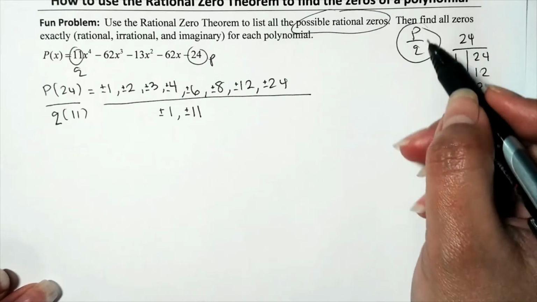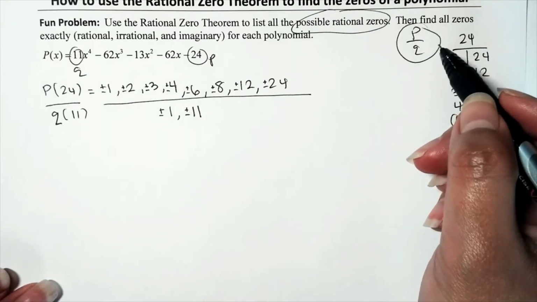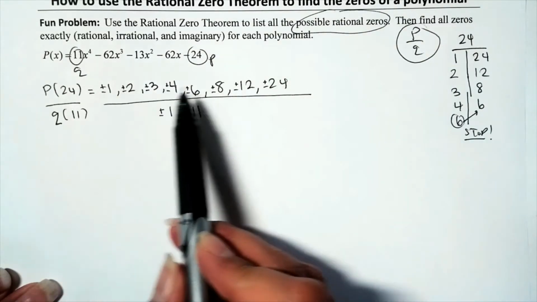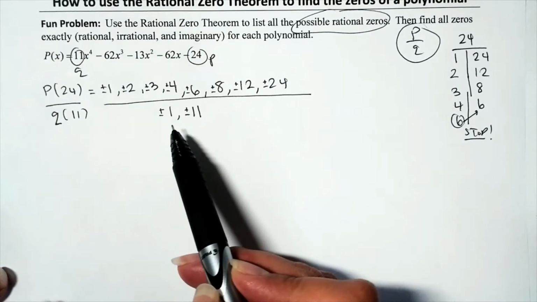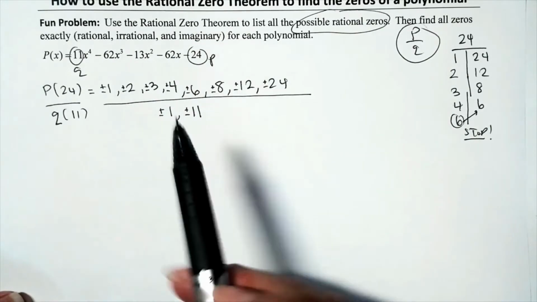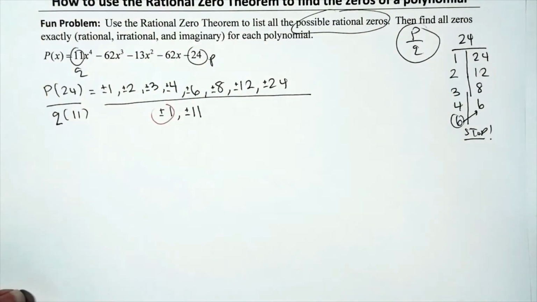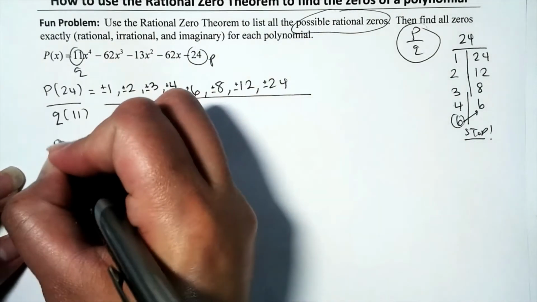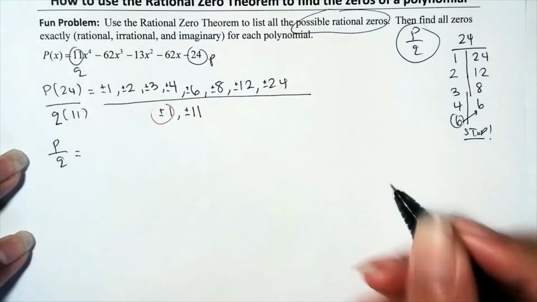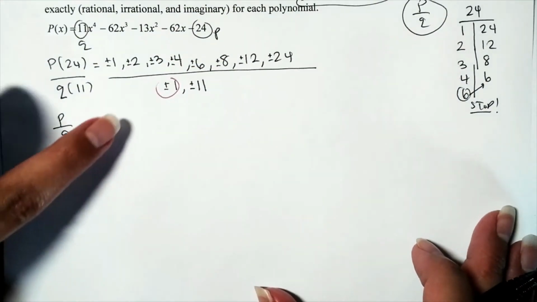So we're going to list all the possible rational zeros of the form P over Q. So we're going to take these top numbers and divide it by 1. And then we're going to take these top numbers and divide it by 11. So let's go ahead, divide by what? So again, you can do things in your head, but I cannot. So I'm going to just write it out. So the possible rational zeros, let's do this. We have 1